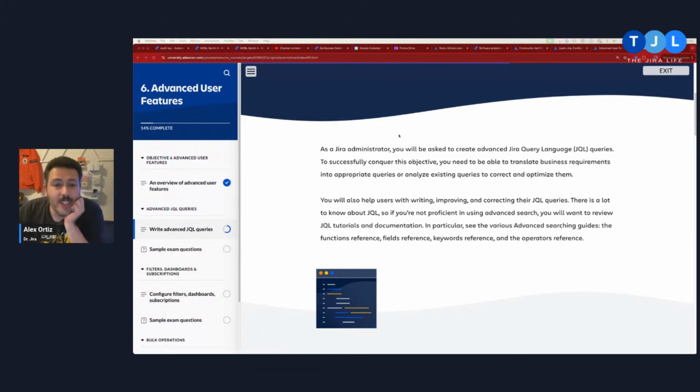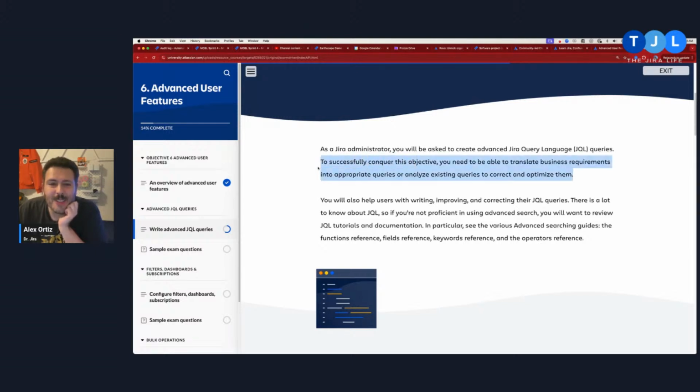All right. So as the Jira administrator, you will be asked to create advanced Jira Query Language queries. Thankfully, now we have Atlassian Intelligence that kind of helps with this. To successfully conquer this objective, you need to be able to translate business requirements into appropriate queries and analyze existing queries to correct and optimize them.